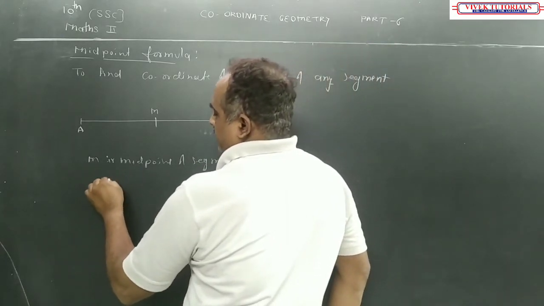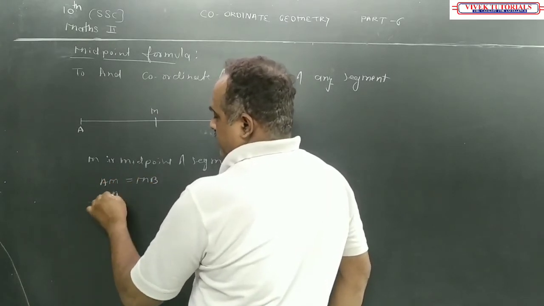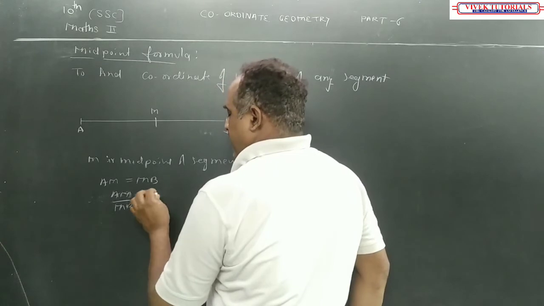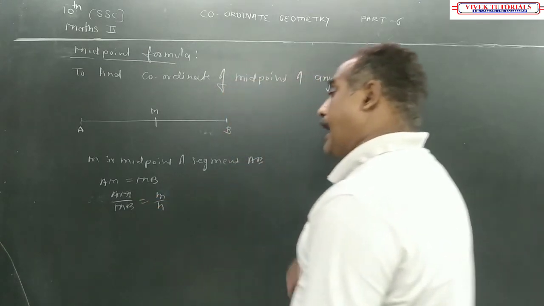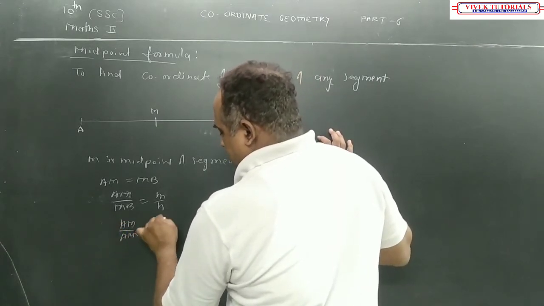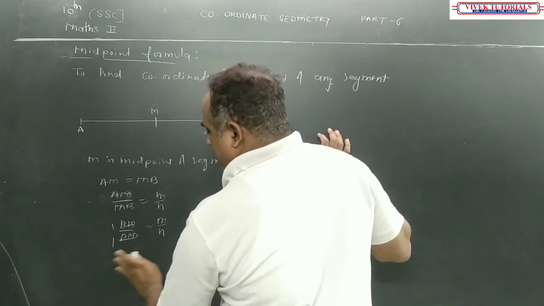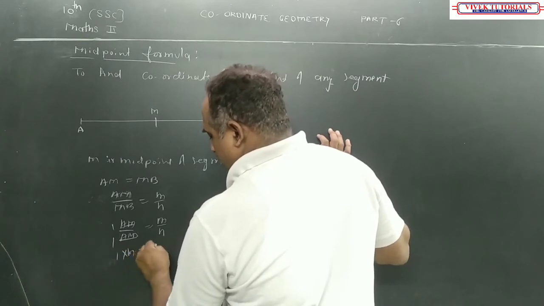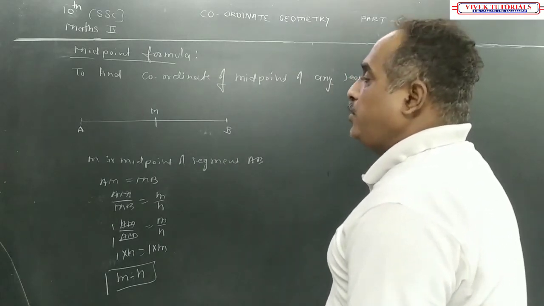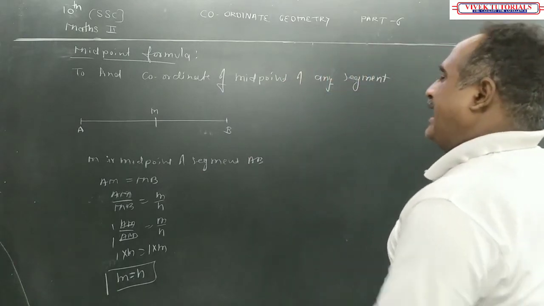So AM is equal to MB, or AM upon MB is equal to, say, M upon N. तो AM upon AM is equal to M upon N, ये कैंसिल हो गया। So what you got now? 1 into N is equal to 1 into M, and M is equal to N, correct? M is equal to क्या होगा? N हो जाएगा।